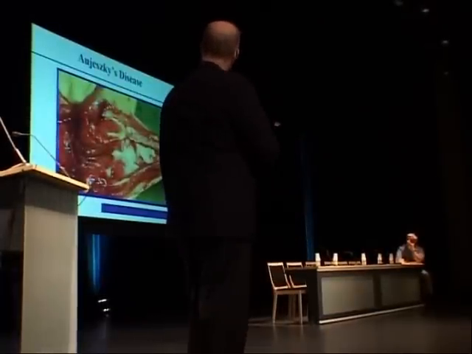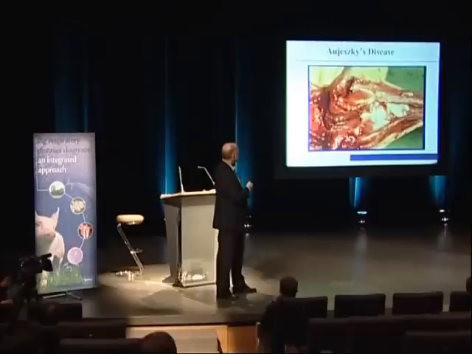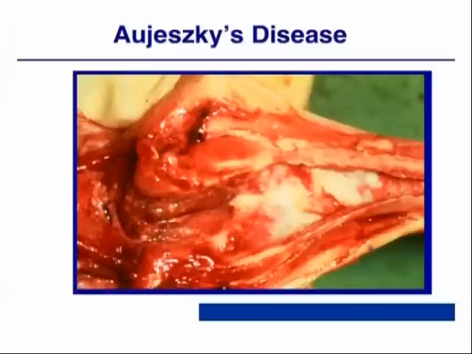I apologize for the picture. This is a gloved hand. This is the larynx. The top of the larynx and trachea has been opened. This is the laryngeal cartilages, and this material here is again necrotic tissue and fibrin in the larynx and the trachea. So we have a fibrinonecrotic